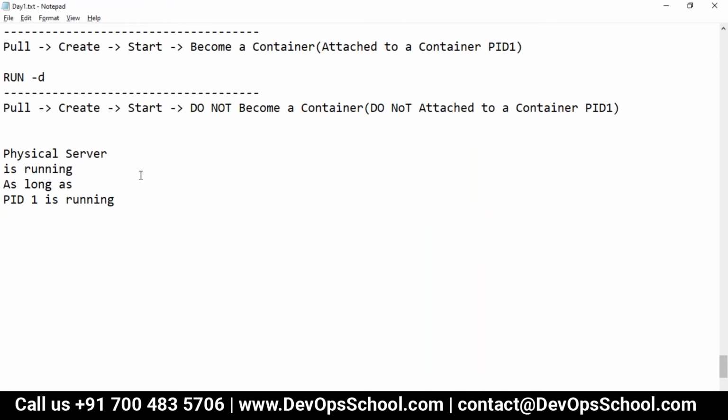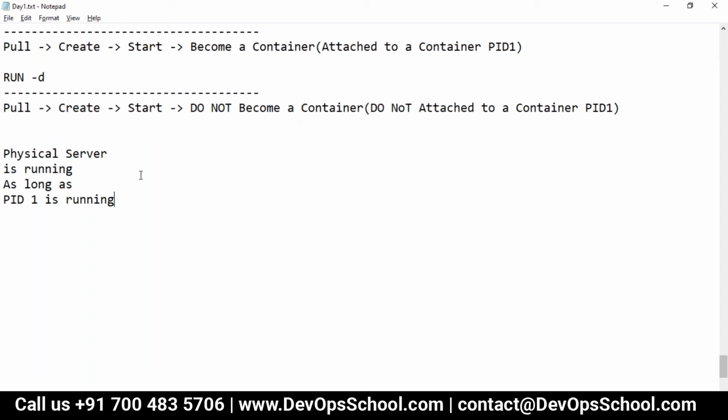So if you start your laptop, I'm talking primarily about Linux, physical machines or virtual machines. As long as PID 1 is running, your system is in running state. Your VM is in running state.